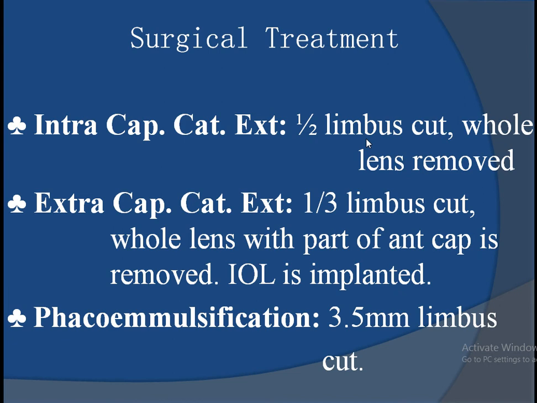In the extracapsular cataract extraction, what happens? The size of the incision decreases, and the only part removed is the lens, but its capsule remains inside the eye. In that capsule, the ophthalmologist puts another artificial lens inside the eye to improve the vision. In the first case, the whole lens is removed with its capsule, and after the operation, the patient is prescribed glasses.